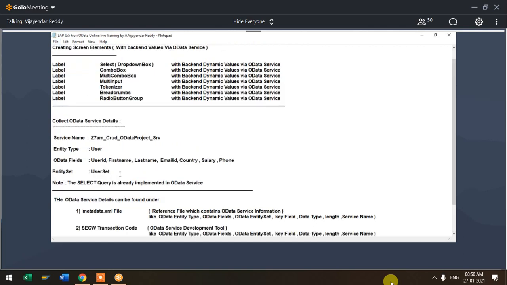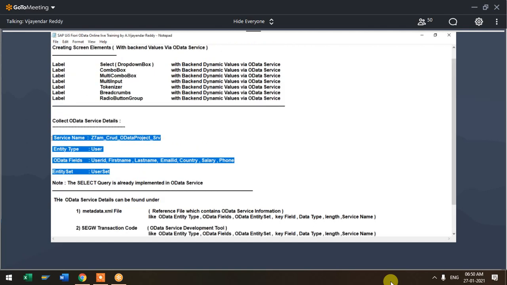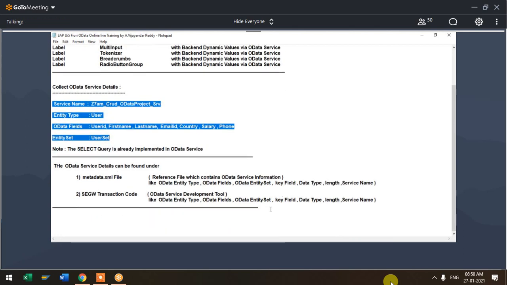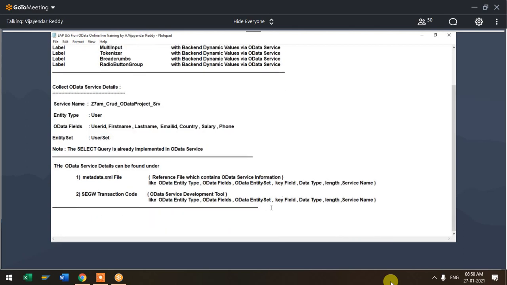So in our example, as of today, we are going to use these details, the same details I was using at the time of project creation by using worklist template. But in case you're expecting data from backend system,